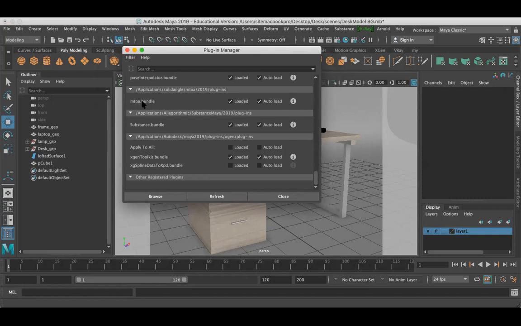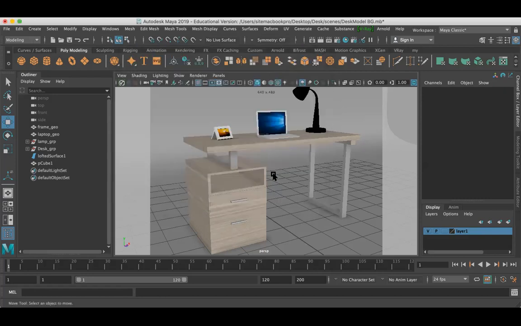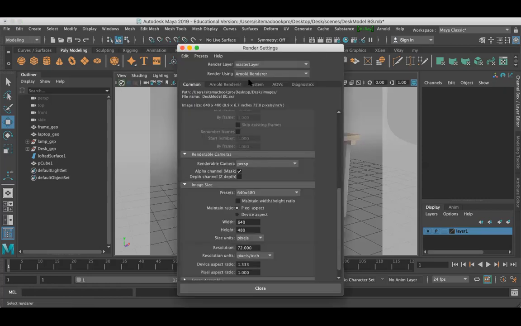Make sure it is loaded and auto loaded, and then close it. Now open your render settings, and you can find Arnold at the end. Make sure you are working with the Arnold renderer.